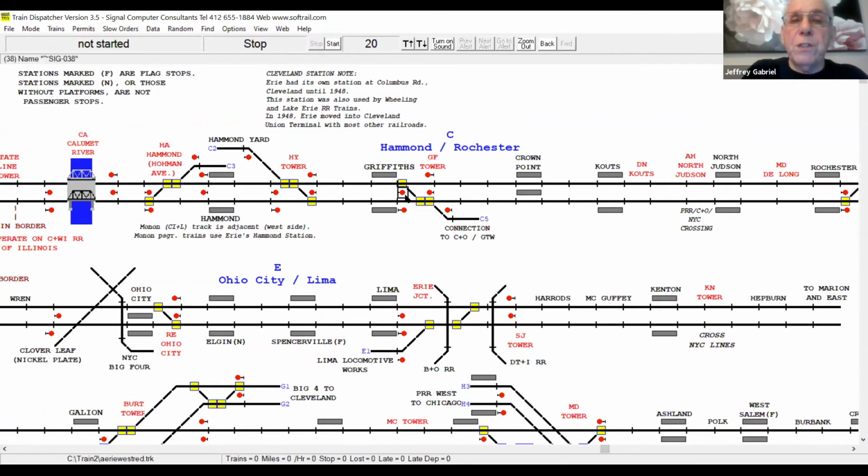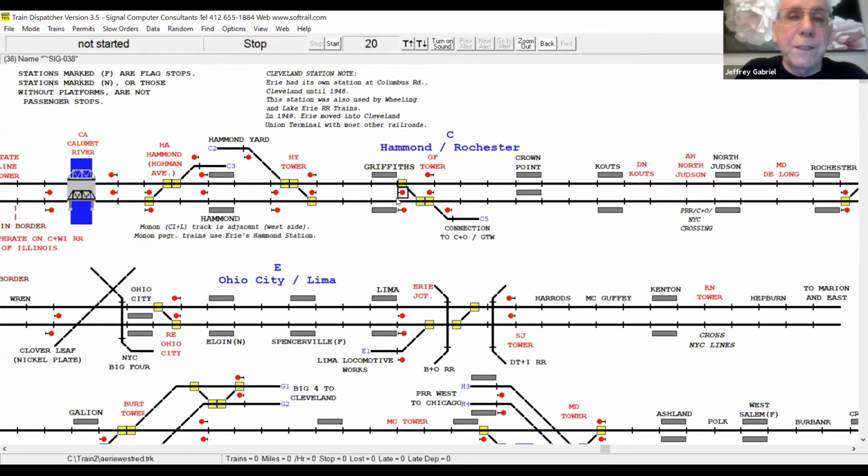Griffiths was significant, where a lot of lines crossed at the tower, but also the Chesapeake and Ohio trains on their own lines entered the Erie and ran on trackage rights to the Erie through the Hammond station and on into Chicago, where they eventually diverged to go to Grand Central Station, not Dearborn. So the C&O trains run on my territory also.